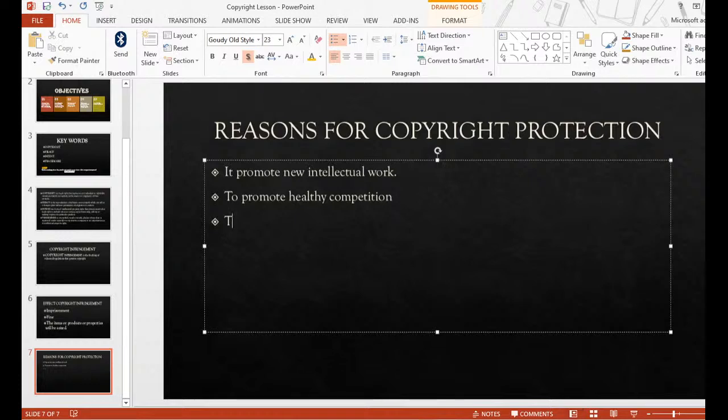Another one is to promote development. That is another good reason for copyright protection. Why promoting development? Because when items are being monitored, these originators or creators are being honored or recognized in the community. Everybody